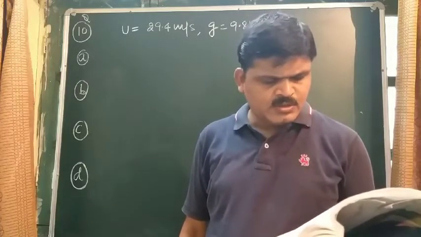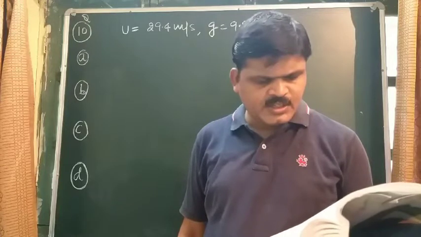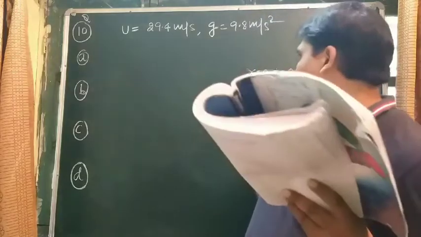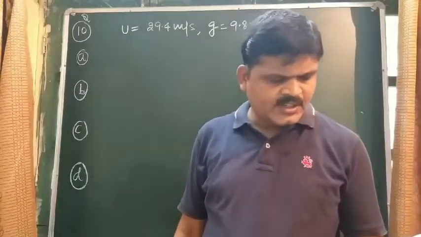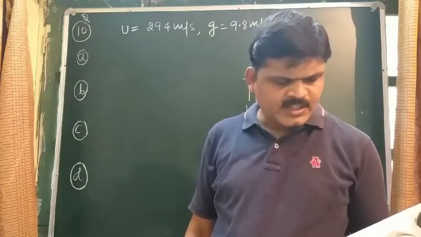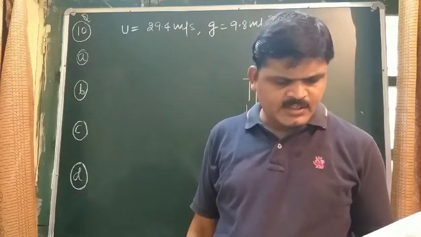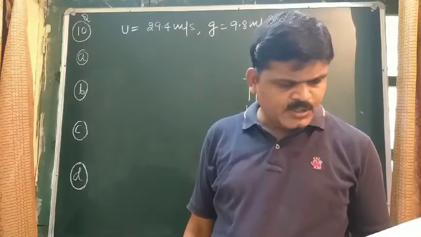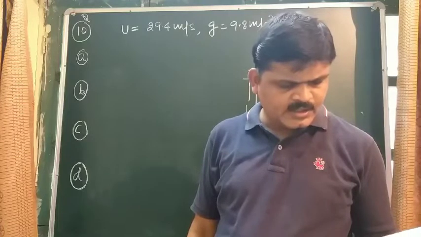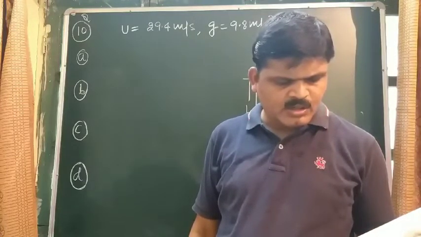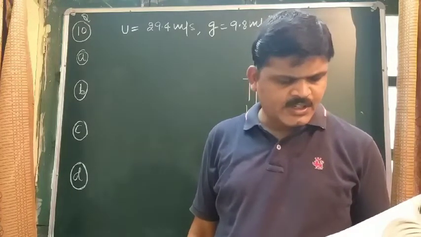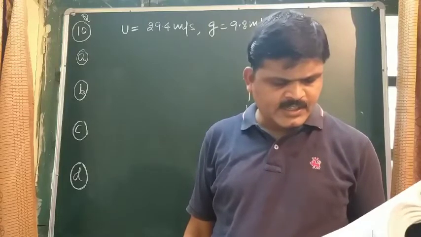Third, choose x equal to 0 meters and t equal to 0 seconds to be the location and time of the ball at its highest point. Take the vertically downward direction to be the positive direction of the x-axis and give the sign of position, velocity and acceleration of the ball during its upward and downward motion. And D part, to what height does the ball rise and after how long does the ball return to the player's hand? Take g equal to 9.8 meters per second squared and neglect air resistance.